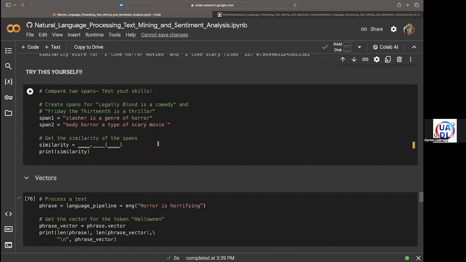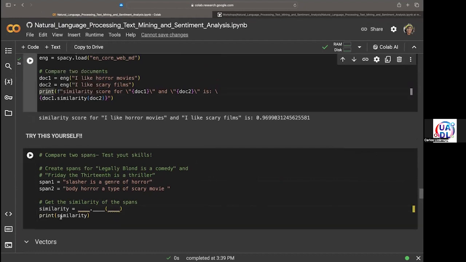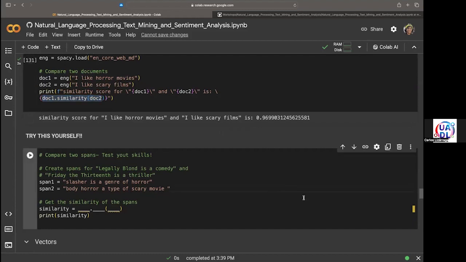Okay, so I'm going to move on from this. If you'd like to know how to do it, all we have to do here is, if you notice the code, it's just doc1, doc2, right? All you have to do is query doc1 span1 dot similarity and, oh, I tried but failed. Simon, could you tell me what you added or how you arrived at your